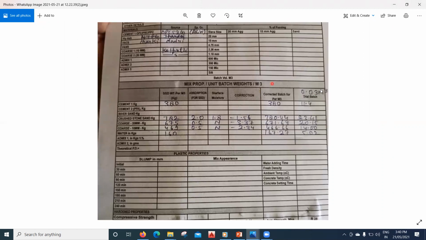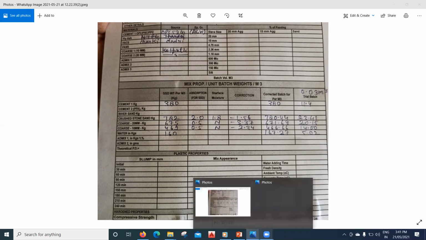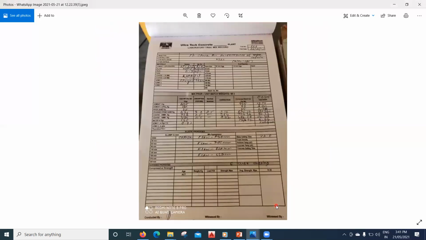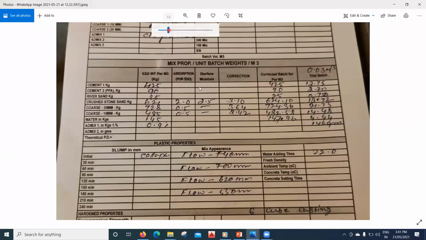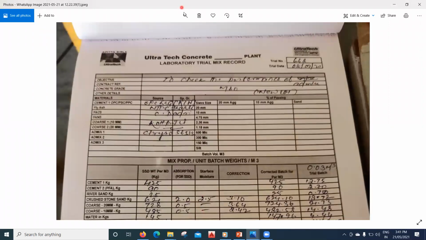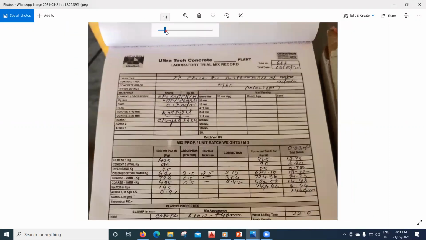Okay, so how much concrete you're preparing, right? All these things you're going to do. Okay, then what is the slump you're getting? Once you get this slump in the lab, only then you're going to go ahead with this particular grade of concrete, and with this particular ratio you're going to do the trial and error there in the lab. Then you can see it here as well. These things are not important from an exam point of view, but we are not preparing for the exam, right?